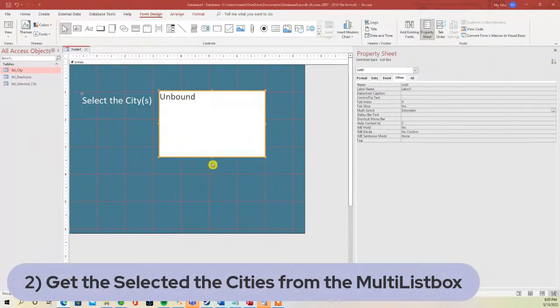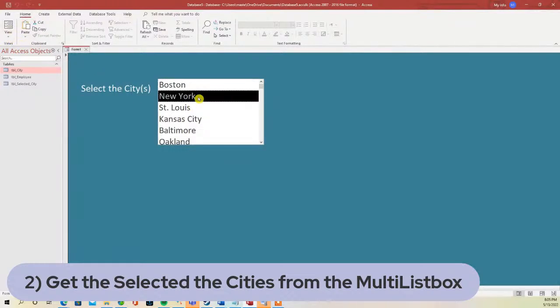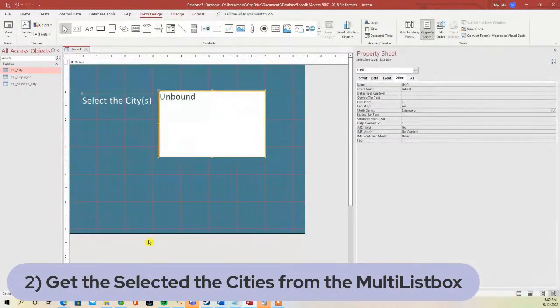Step two is we need to get the cities from the multi-listbox. So what we need to do now is, if I select New York and St. Louis, I want to be able to show which items I selected. So let's go back to design view. So I selected the list box,